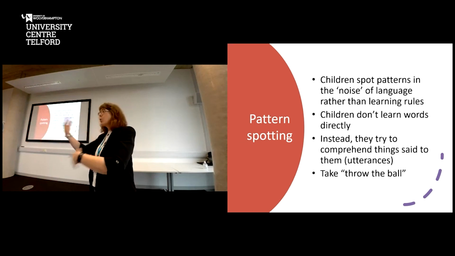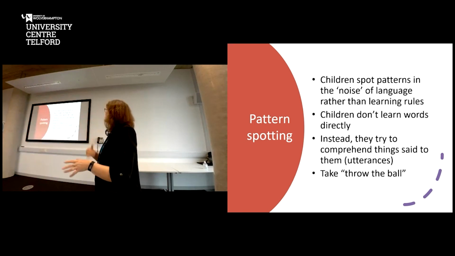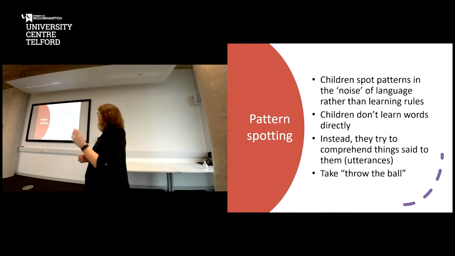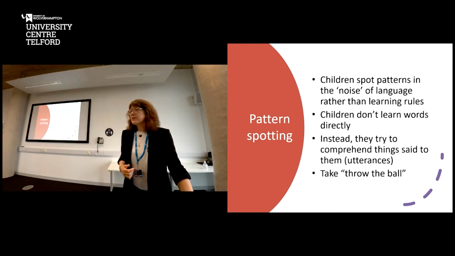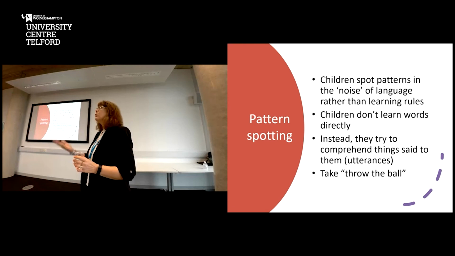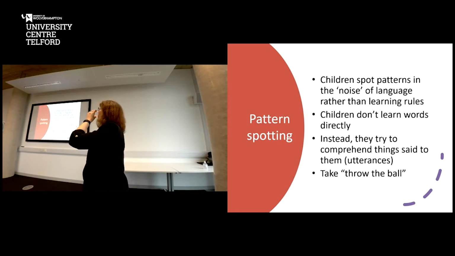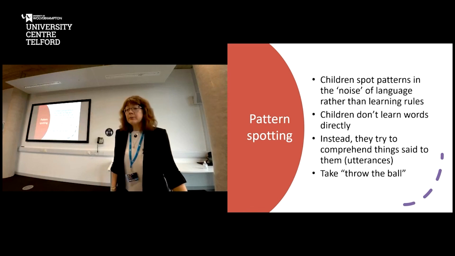They get the noise of language coming towards them, and they learn patterns rather than learning rules. So they learn, for example, that if you want to talk about more than one thing, the pattern is we put an S on the end. Not obvious, not always in English. But on the whole,